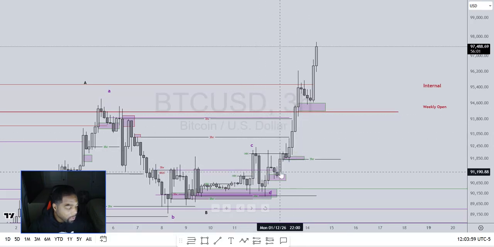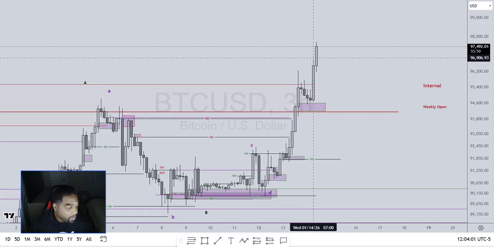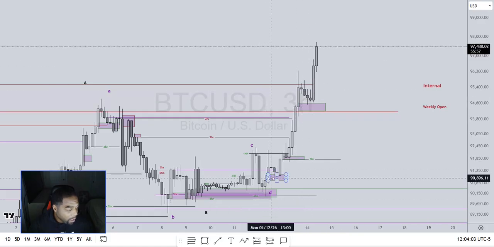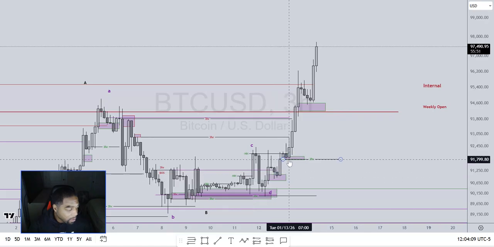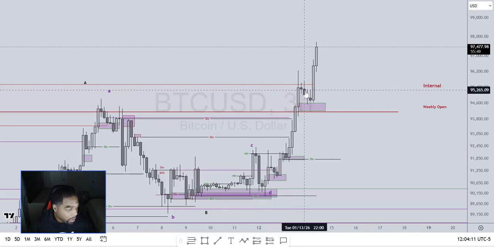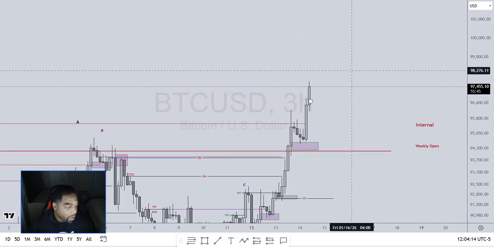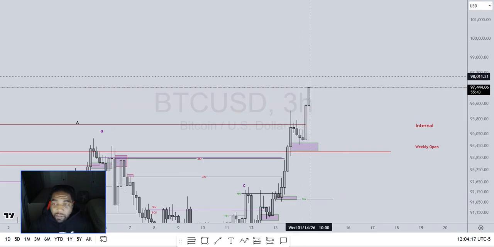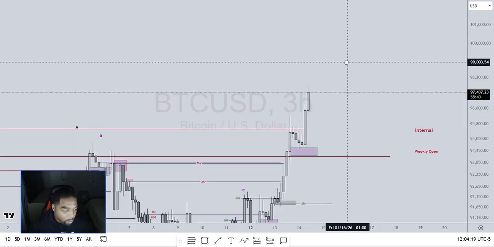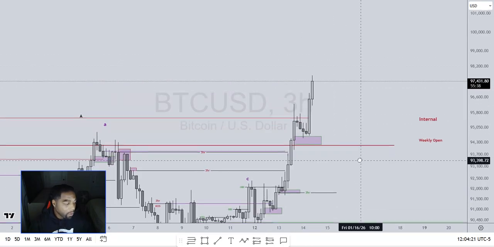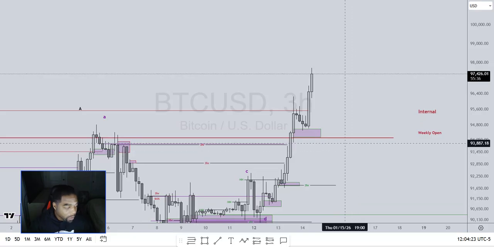And now, as you can see, price in this expansion is creating this expansion with this internal retracement here, this internal retracement here, this internal retracement here, and now price is encountering this expansion. So currently price is just moving, and if we want to know what price is doing inside of this